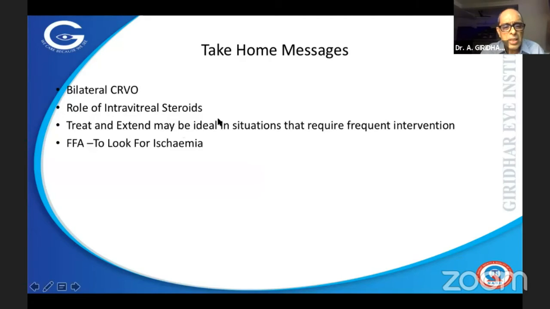In my practice, I give intravitreal steroids as a primary treatment in certain specific situations where patients have had strokes, multiple cardiac events, etc., where probably there's a risk of giving intravitreal anti-VEGF agents. Otherwise, I do not give steroids as a primary treatment in patients, because I feel that ischemia